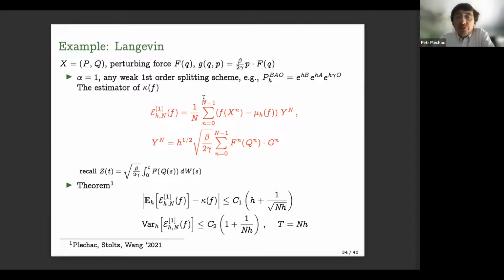The reason is that for the Langevin equation, the standard splitting schemes used in all the molecular dynamics codes are of second order, weak second order. So we would like this estimator to also achieve this second order error in the bias